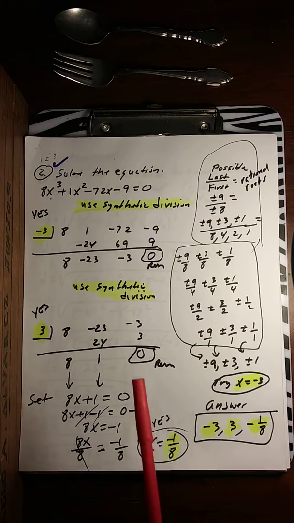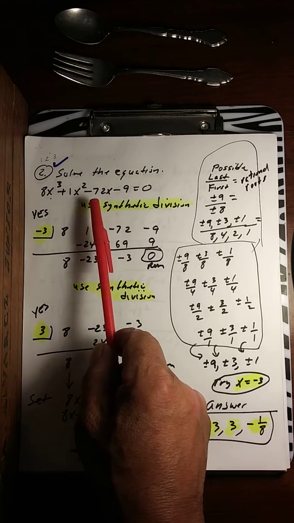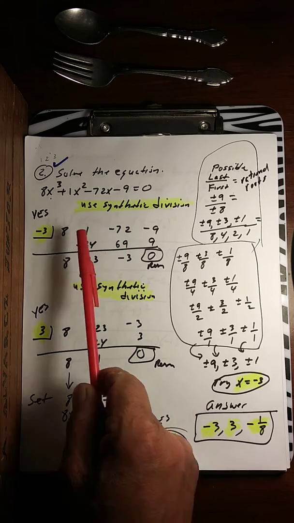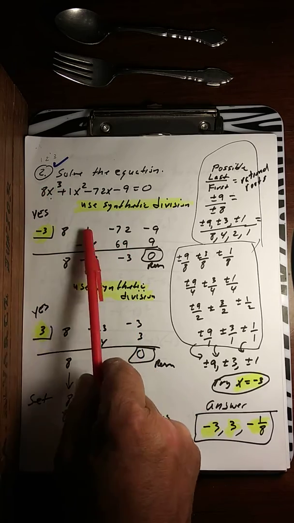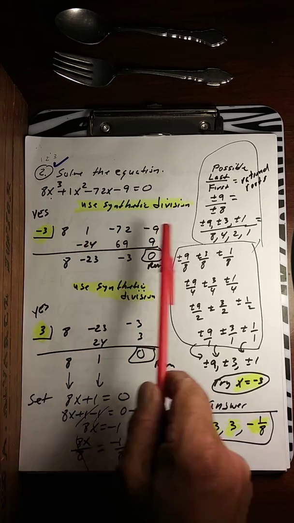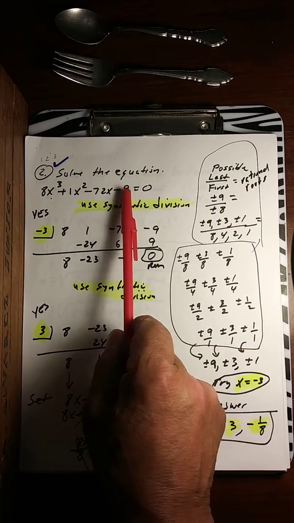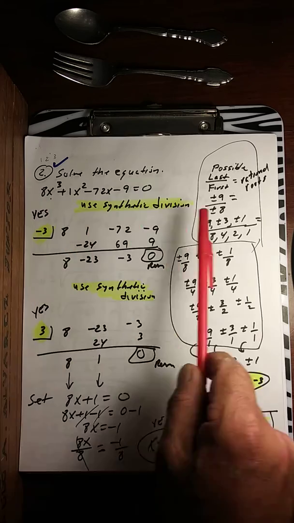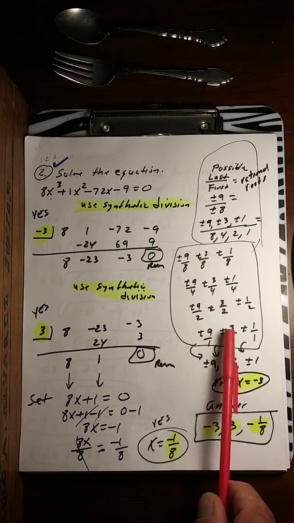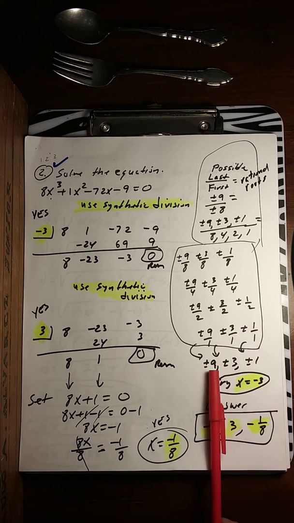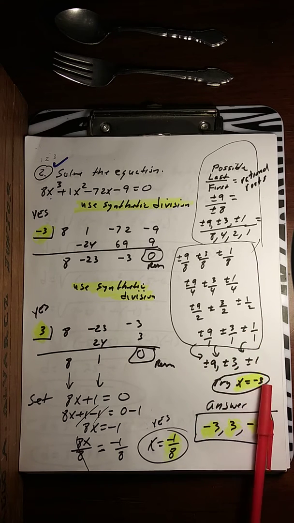Alright, solve the equation 8x cubed plus 1x squared minus 72x minus 9 equals 0. So we're going to go ahead and put these numbers down: 8, 1, negative 72, negative 9. And possible rational roots are plus or minus factors of 9 over plus or minus factors of 8. All these give you possible combinations, but we're going to try plus or minus 9, plus or minus 3, plus or minus 1, and we're going to try this number here,